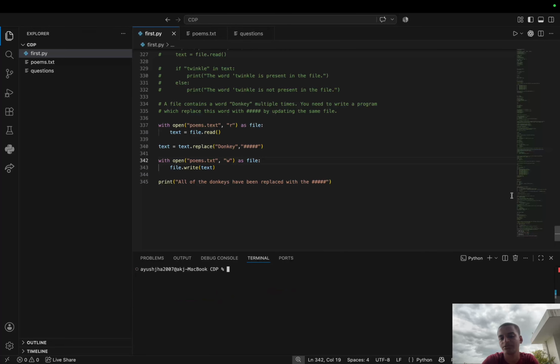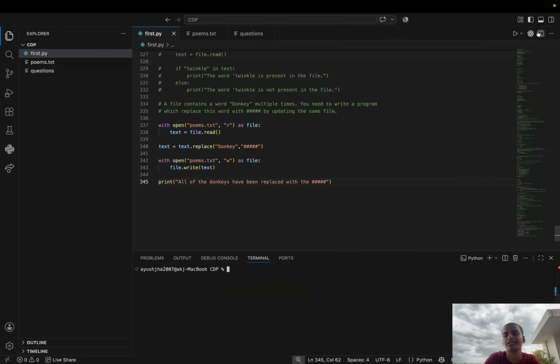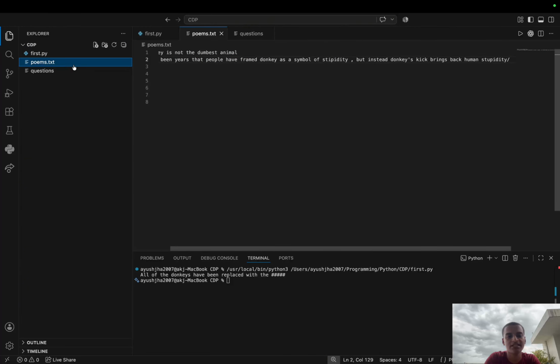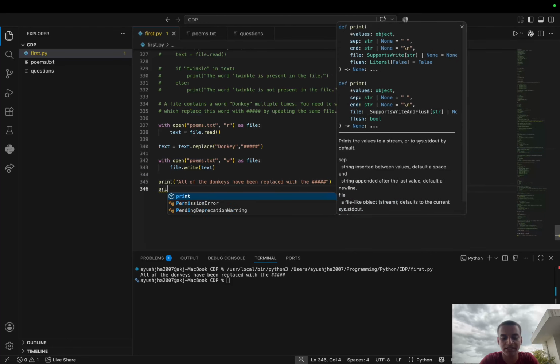छोटी छोटी मिस्टेक्स हैं जो हो जाती हैं, थोड़ा सा टाइम लगता है ब्रेन को। अरे फिर से, ये देखो यहाँ पे भी चेंज नहीं किया मैंने। ये ठीक है, सॉरी सॉरी, लेट्स कंटिन्यू। अब कुछ नहीं आना चाहिए, हाँ। सो अब देखो, यहाँ पे उस समय चेंज नहीं हुई थी। अब क्या बोल रहा है कि जो हमने डोंकी है, ऑल ऑफ द donkeys हैव बीन रिप्लेस्ड विथ ऐसा ऐसा ऐसा। तो अब अगर हम प्रिंट करेंगे, मतलब प्रिंट करेंगे अब हम